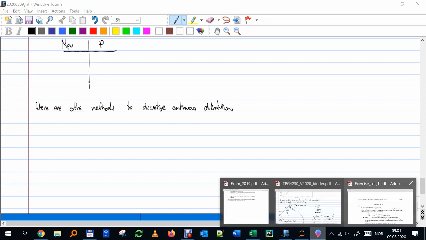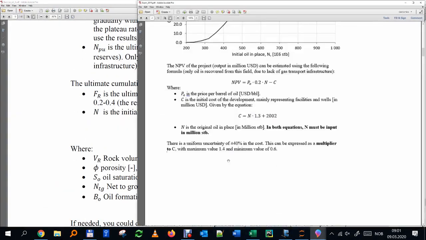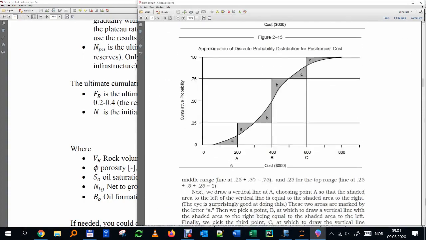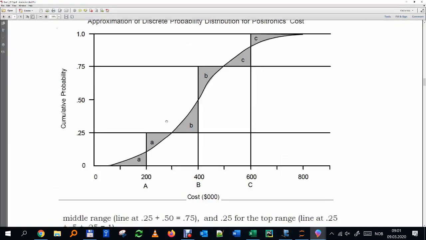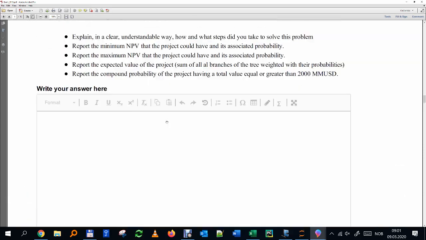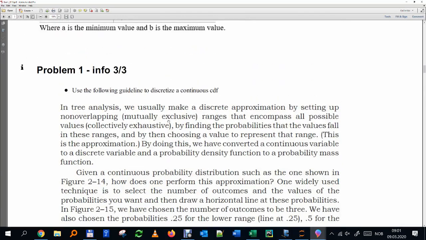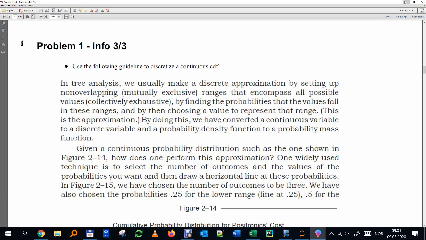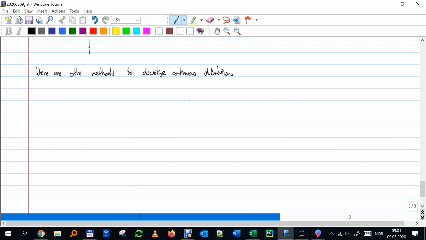In one previous exam that we had, there was another method to discretize. The instructions were given in the exam on how to discretize it. Basically the method is, I have to check the name of this method, but it's, for example, on the CDF,